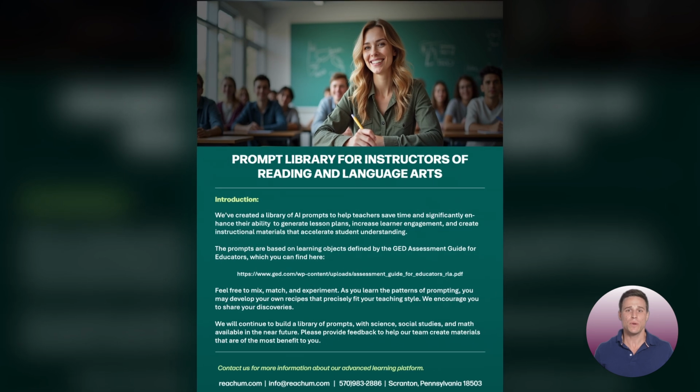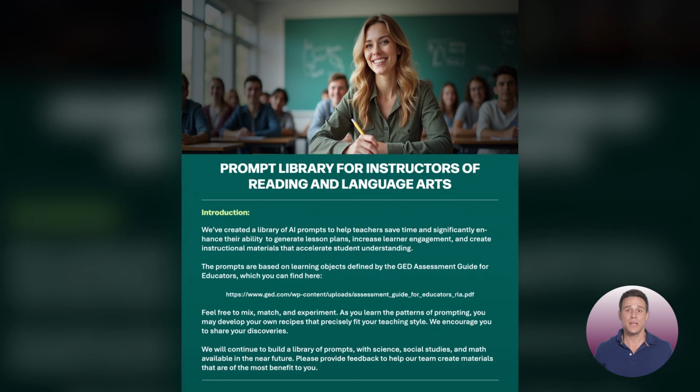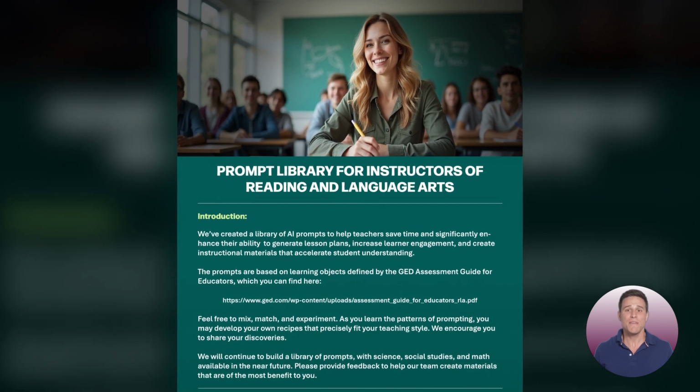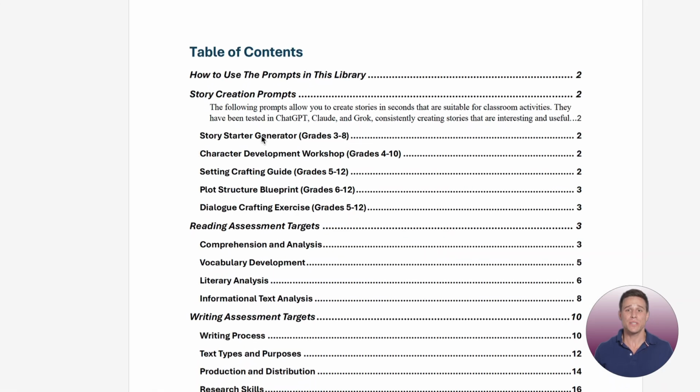Here's a prompt library with 100 prompts, organized by category, ready to generate stories, lesson plans, and visual content to support your lessons. When you open the PDF, you'll see the table of contents. Let's click on the story starter first,